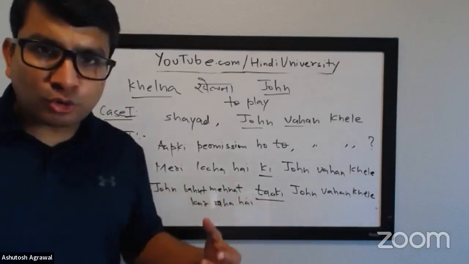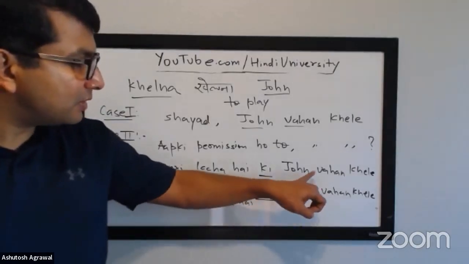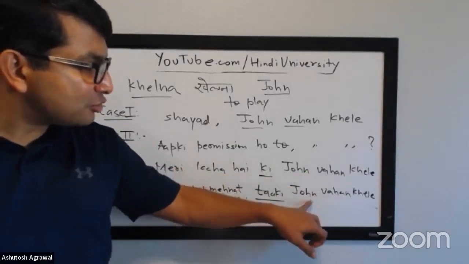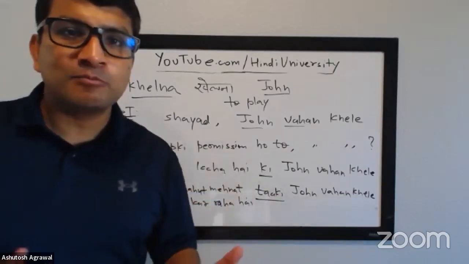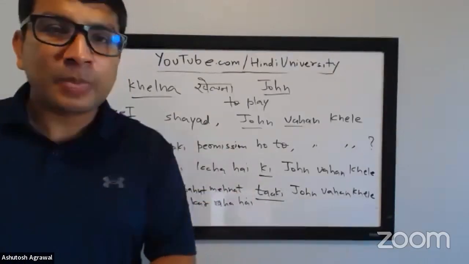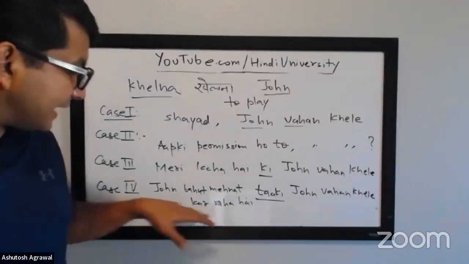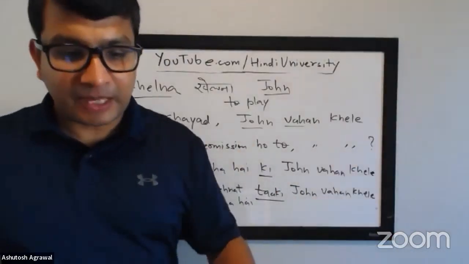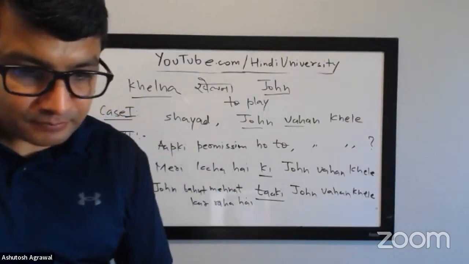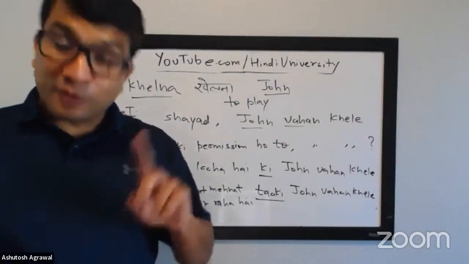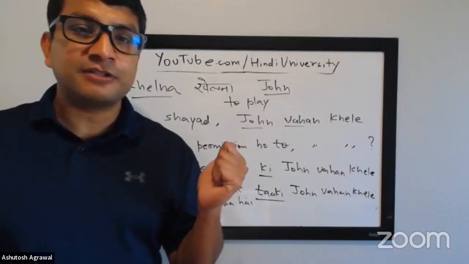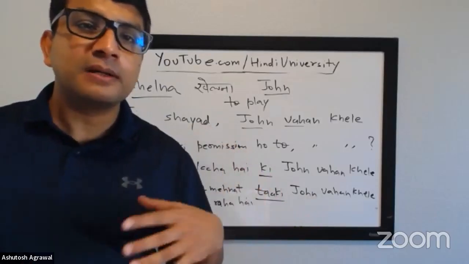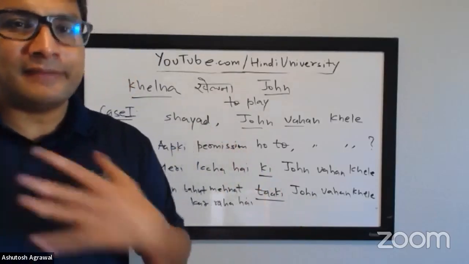So this is also like an extension of the desire, but the desire has some sort of backing behind it, right? And you are saying John is working hard so that he plays there, ताकि वो वहाँ खेले. Okay. Now there's one more case that didn't fit in the previous sentences because it was not going well with the pronoun मैं and then jana.